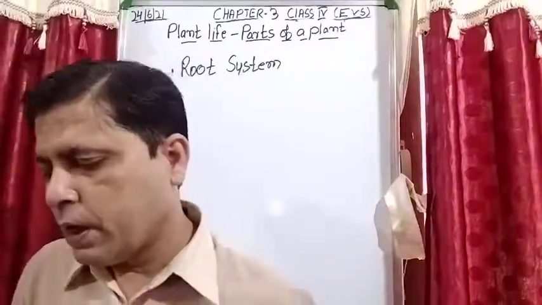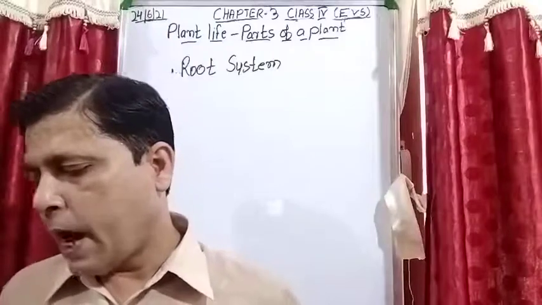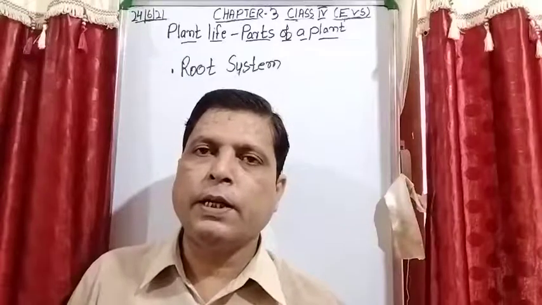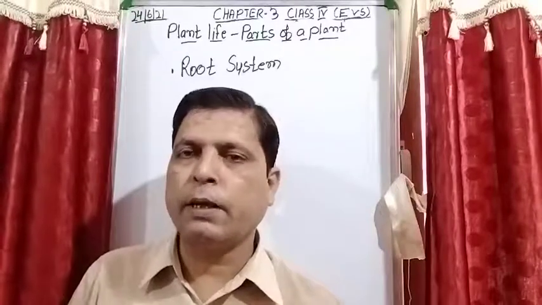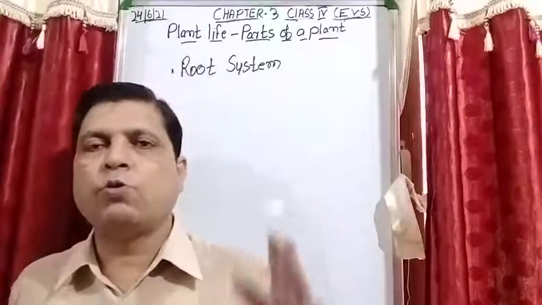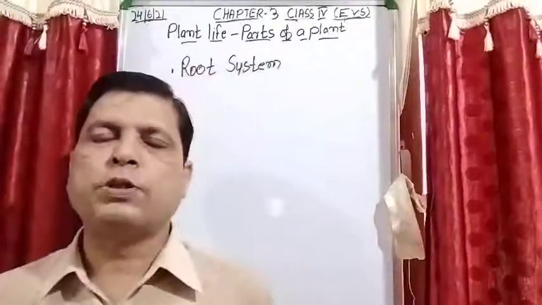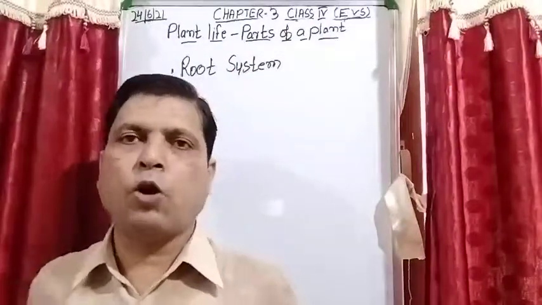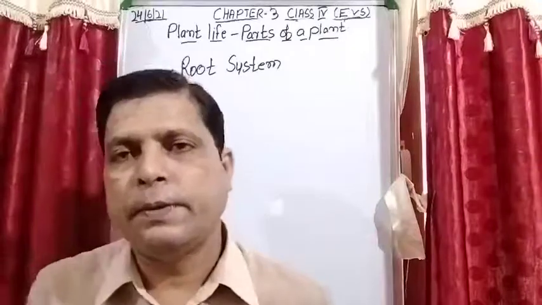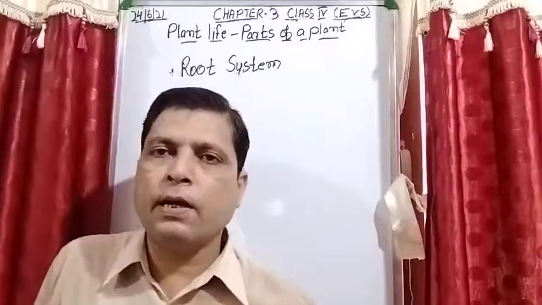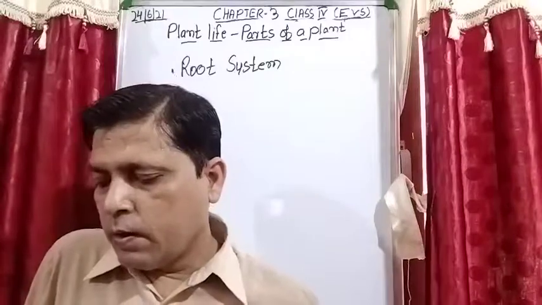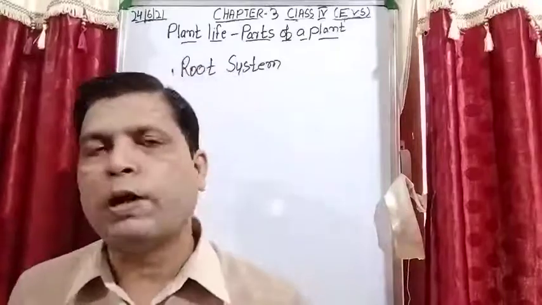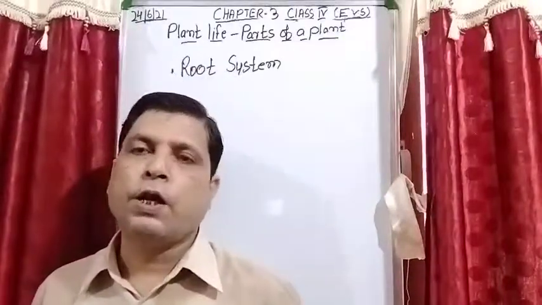For example, the first point: a plant has two parts, the shoot system, which is above the soil, and the root system, which is under the soil. We have already studied this in the chapter: the plant has two systems, one known as the shoot system and one known as the root system. The shoot system is above the ground and the root system is below the ground, or you can say under the soil. Roots, where are roots present? Under the soil. Second, roots hold the plant firmly to the soil, absorb water and minerals from the soil and prevent soil erosion. So these are the functions of a root.